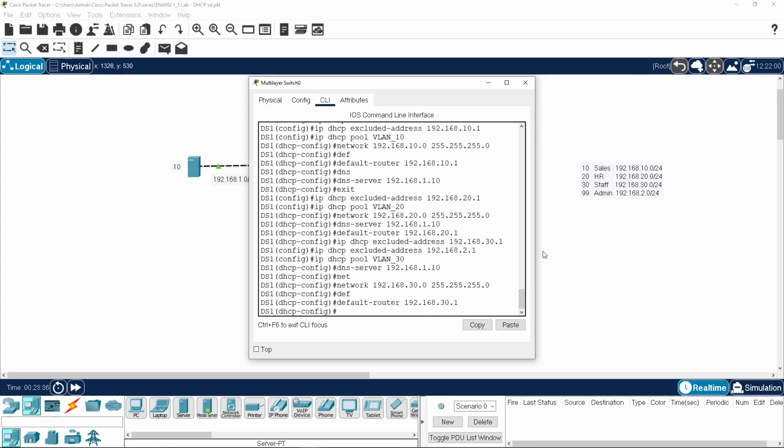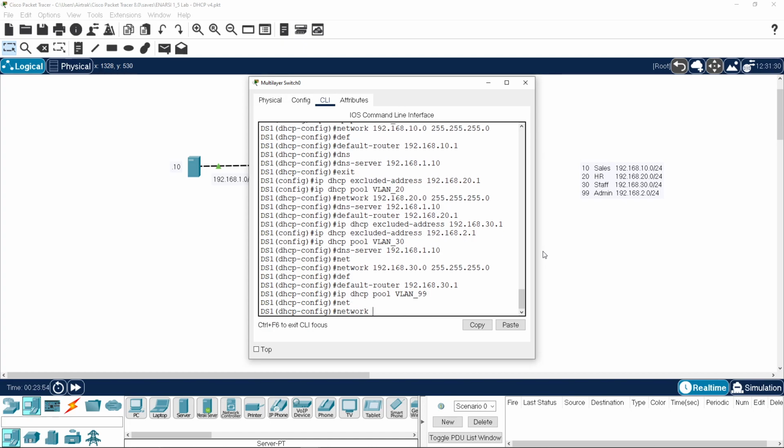Now I've already put in the DNS server. So next is our IP DHCP pool VLAN_99,